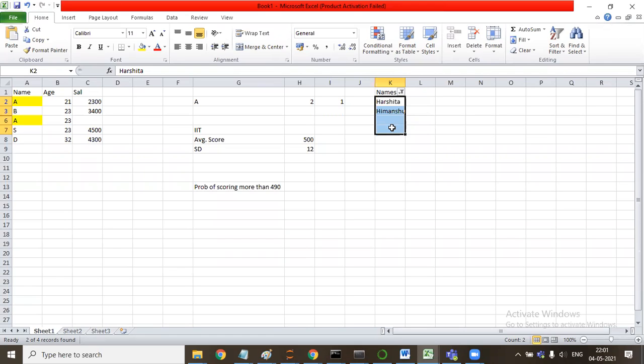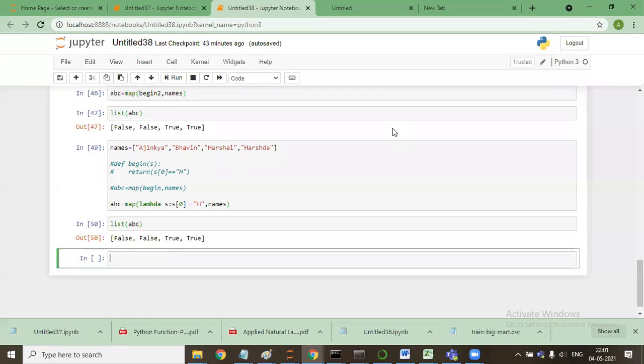Yes, sir. Now what I will do is, the same is a function of filter. Filter forms a new list that contains only those elements which satisfy the condition. Let me write it down. Filter is a similar function to what we have discussed as map.